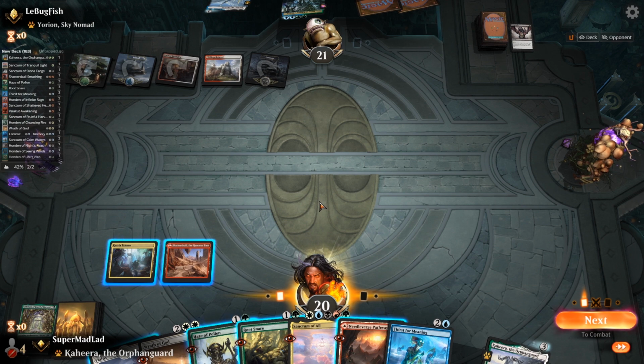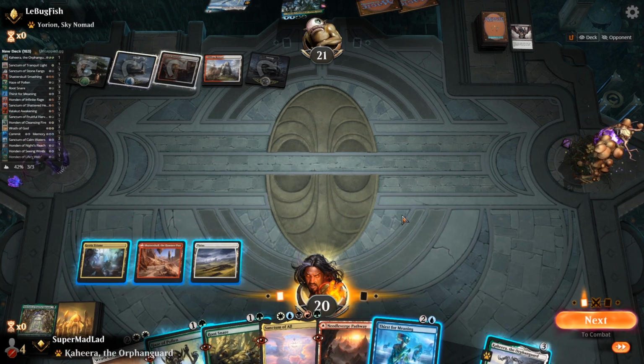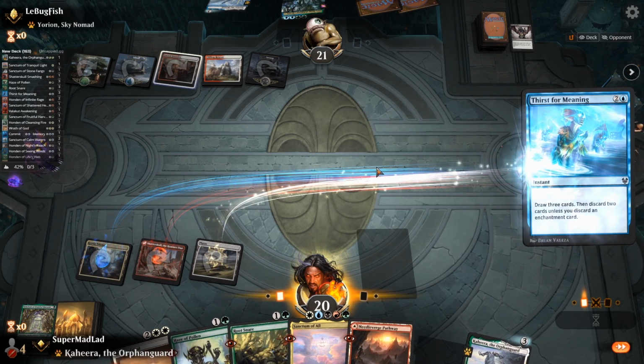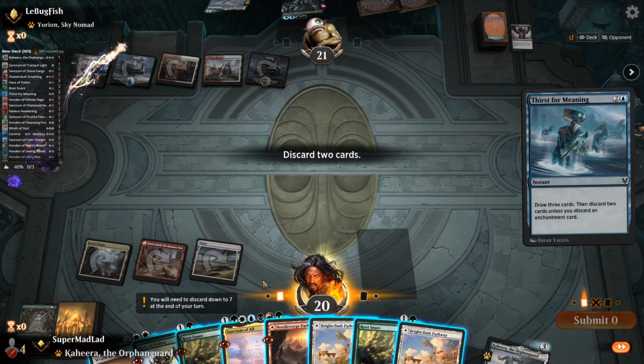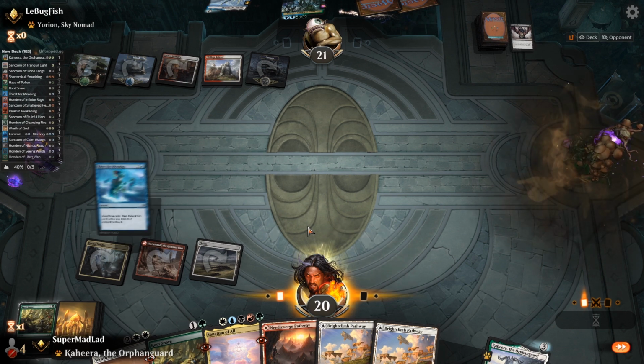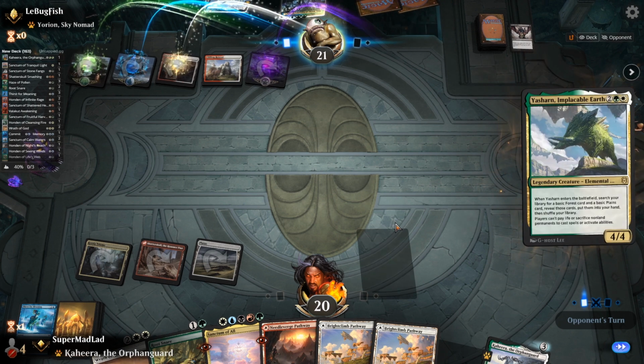There's a Thirst for Meaning. Okay. So I guess we'll just play that down now. Good lord. Alright, I don't think we're going to need Root Snare. I don't think we're going to need Haze of Pollen. We'll take the lands, though. Sanctum of All can kind of just carry this game, so...